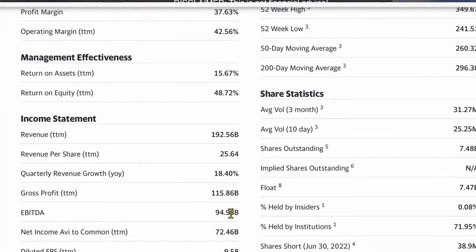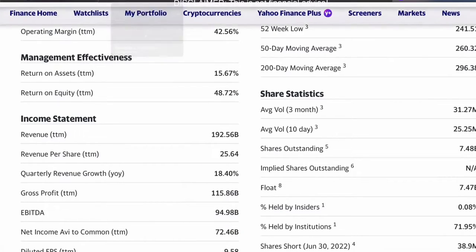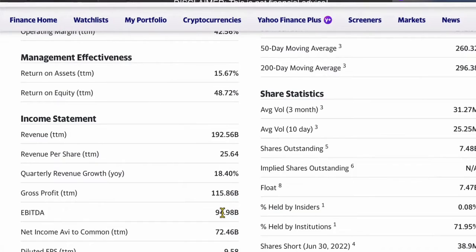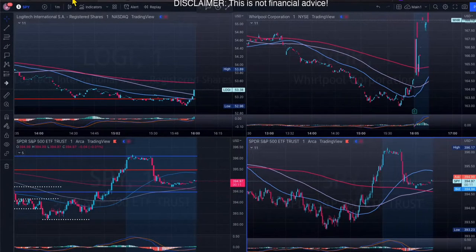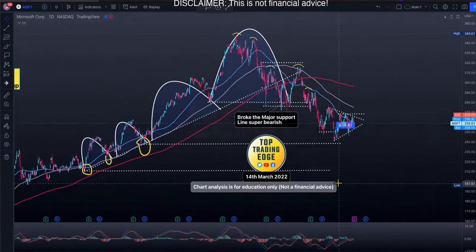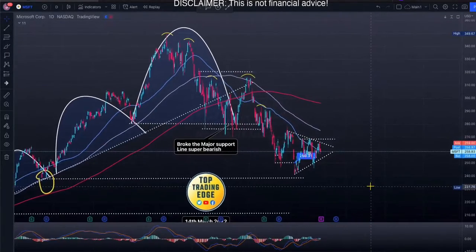So this company's profitability is higher, right? You see this profitability percentage-wise compared to Apple, Tesla, Google. This company makes more profit compared to other companies. So that's one thing I like about this, the profitability is super high, strong on this one. Okay, so in this case, what do I think about Microsoft?